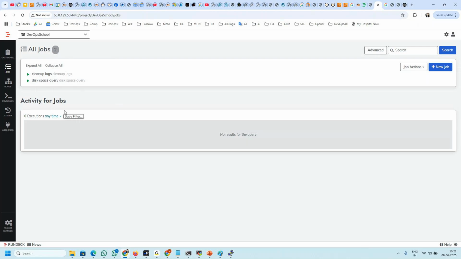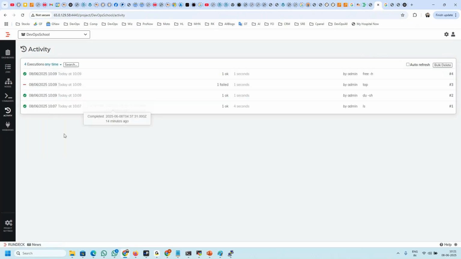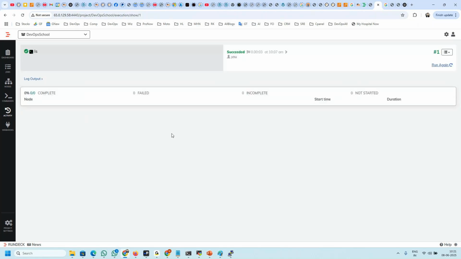Before that, I want to tell you everything you can track here. Let's say I run some ad hoc commands, remember? I want to know who ran it. See that good information you have. Who ran this ls command? Admin ran. What time it ran, you have here. What was the output? Click on it. So that's one huge use case